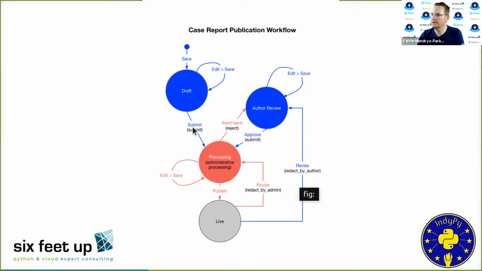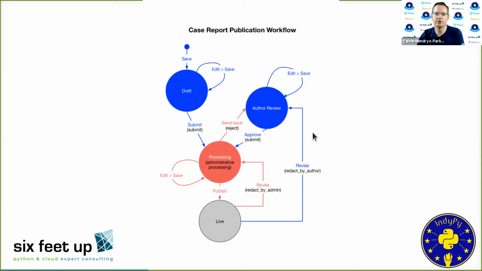Now, once I submit, it goes into a different workflow state where I, as the author of the item, am not allowed to actually save the item anymore. It was not in my realm or my permission or my role to be able to save that item. Only administrative users of the site would have the ability to edit and save. Now, if they did edit and save, we can control that the author would be able to review those changes and approve them. So there's basically a side workflow working off to the side over here